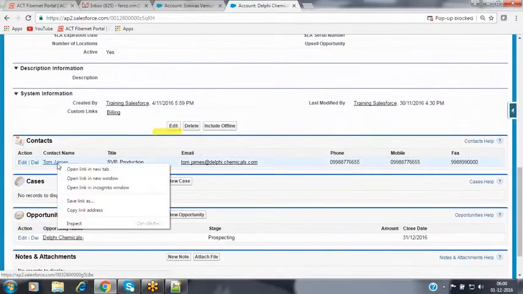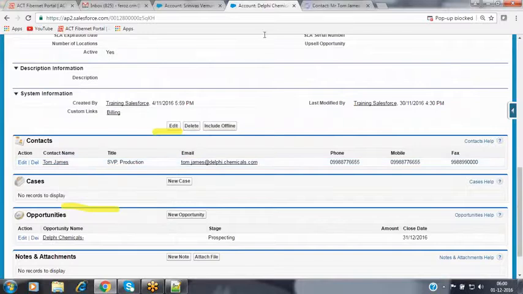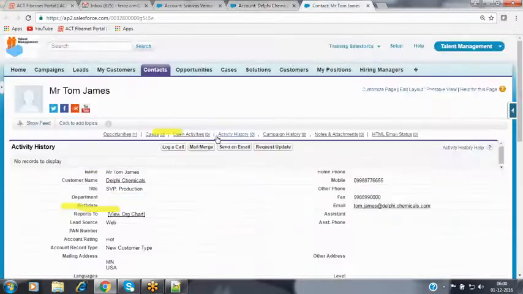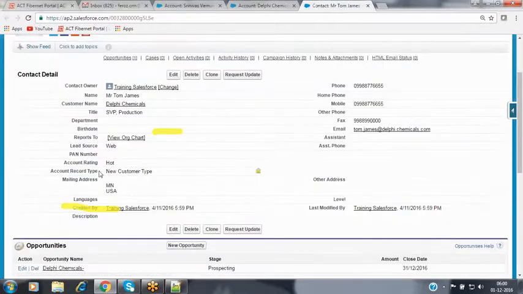This contact is the Tom James. So now this Tom James has the contact details, and in these contact details, it is displaying the account record rating as hot. It is displaying the account record's record type as new customer type. So what happened is, not only fetching the data from the parent, we can fetch the data from the grandparent also. We are traversing from contact to account and account to record type also. Because record type is the parent and the account is the child.